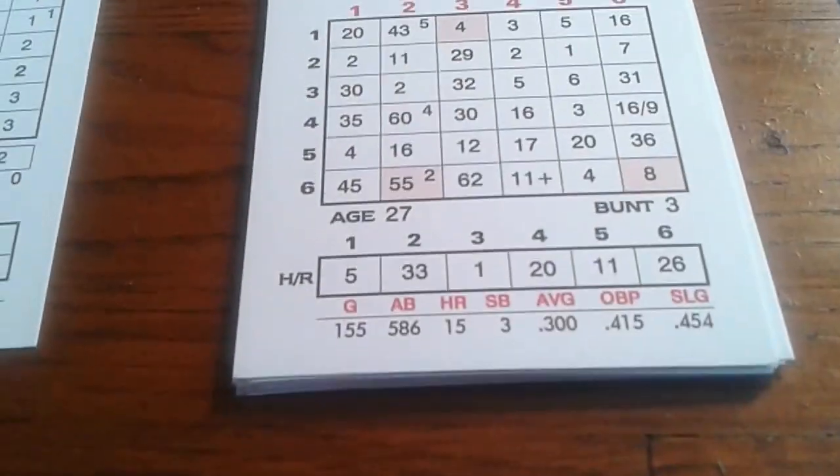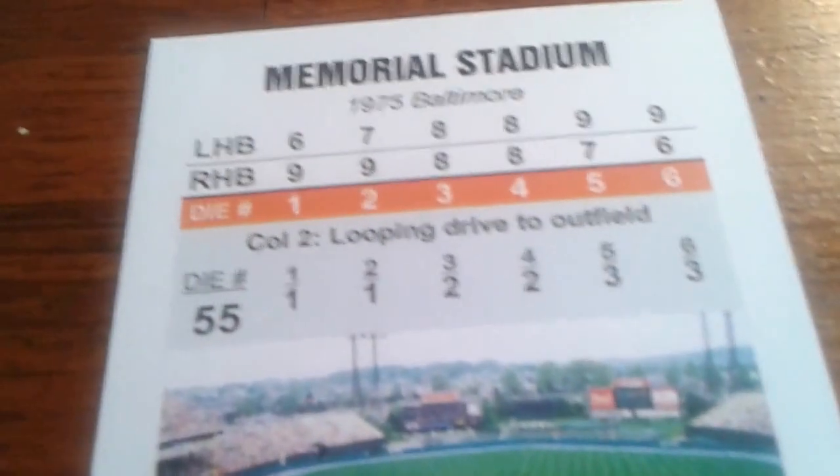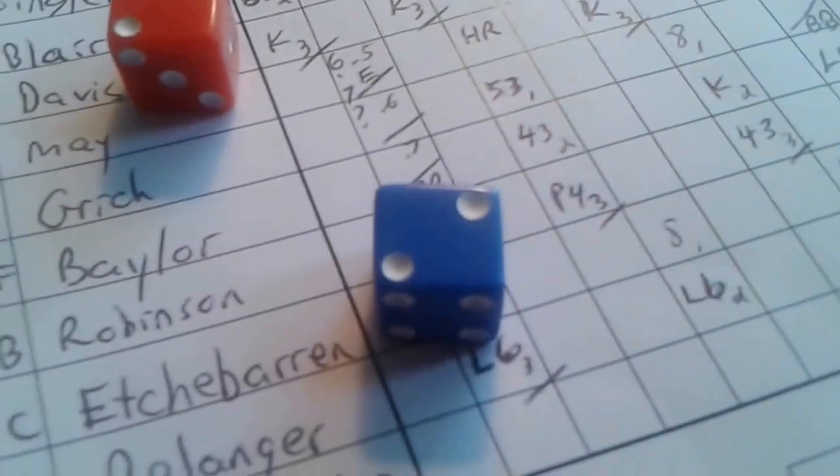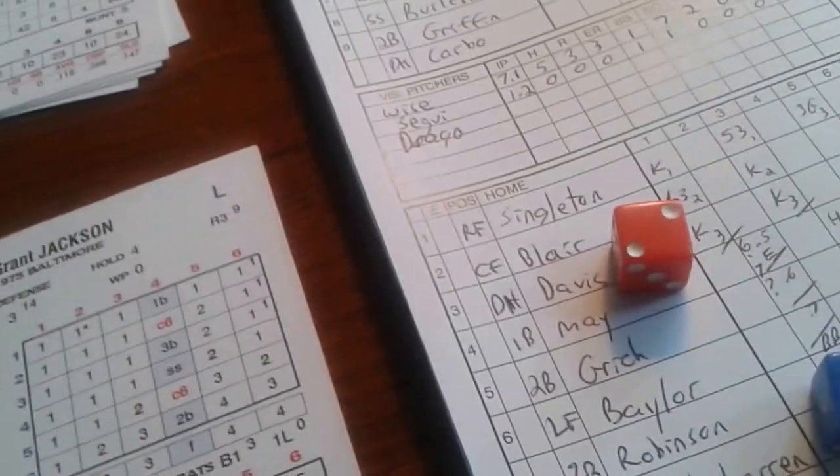The Rays number on there right now is a 2, but let's see what the roll is here, and the roll is a 5. So the 5 now changes the 2 to a 3. The Rays number is now a 3, and the fielder, based on the blue die, which is a 2, 2